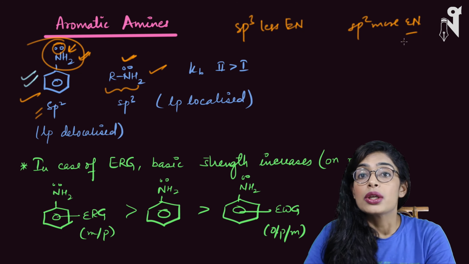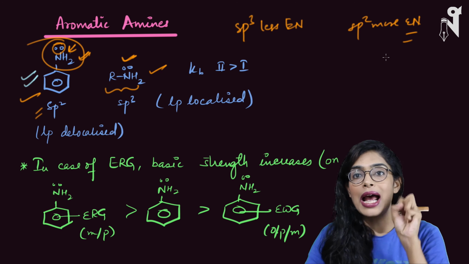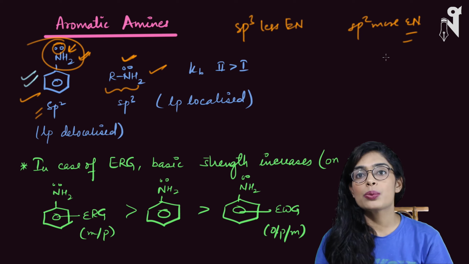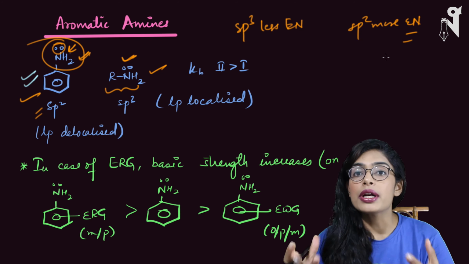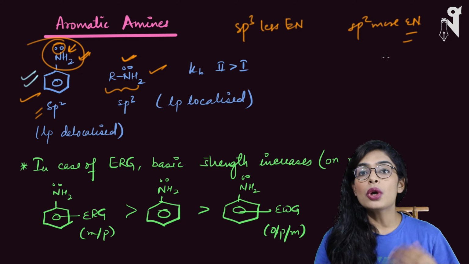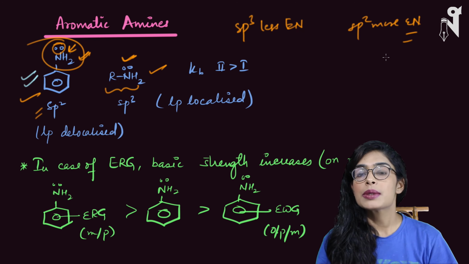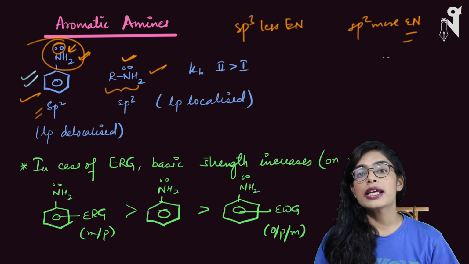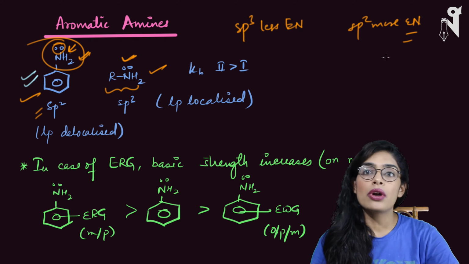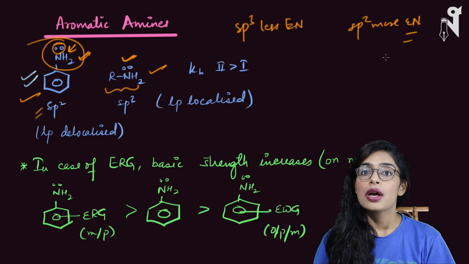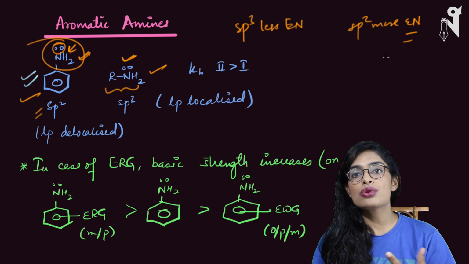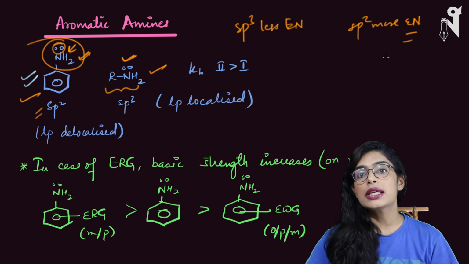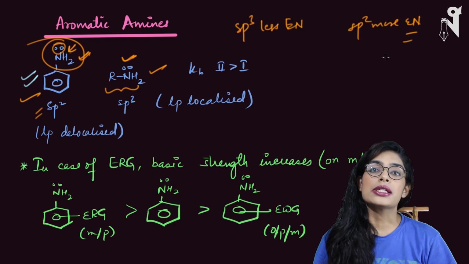The more electronegative your nitrogen is, the more it has the tendency to keep its electrons towards itself or pull the electron density towards itself. So it is not a giver, it is actually a taker. It would not prefer giving its electron density to something else because it has more affinity towards electrons. So it is difficult for sp2 hybridized nitrogen to give away electron density, and hence it is less basic. Whereas sp3 hybridized nitrogen is less electronegative, can give away the electron density or can take the H plus ion, and hence it is more basic.